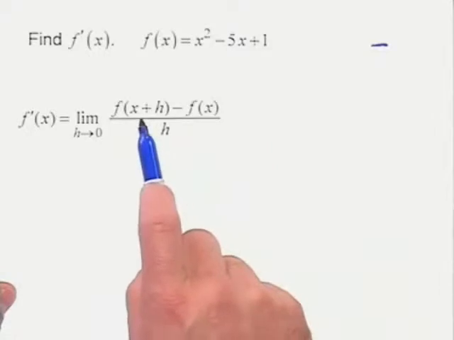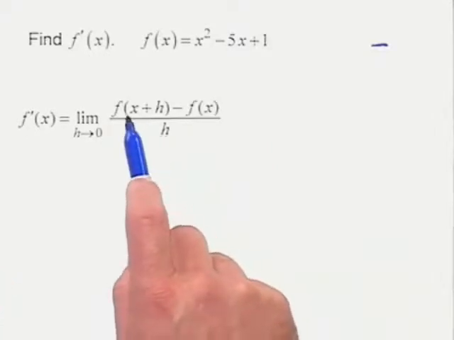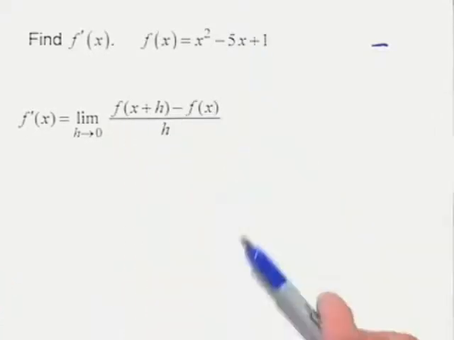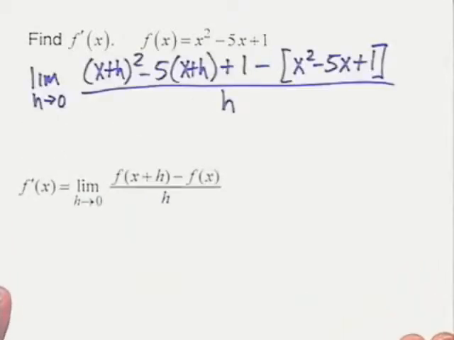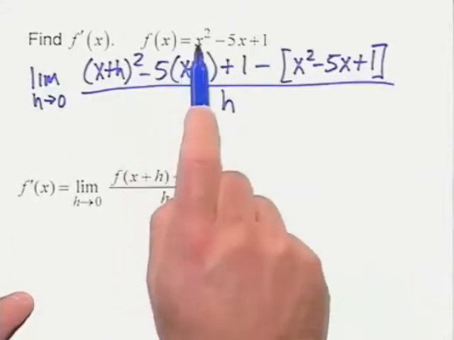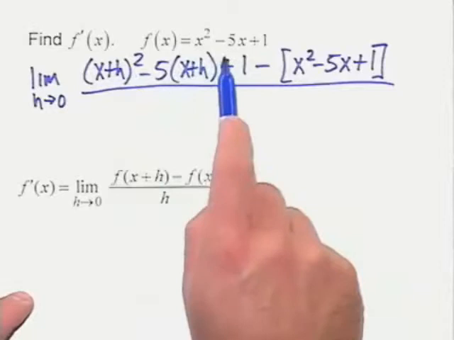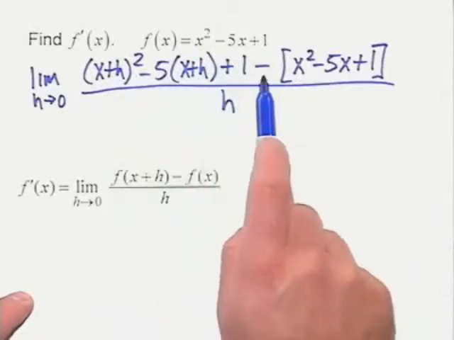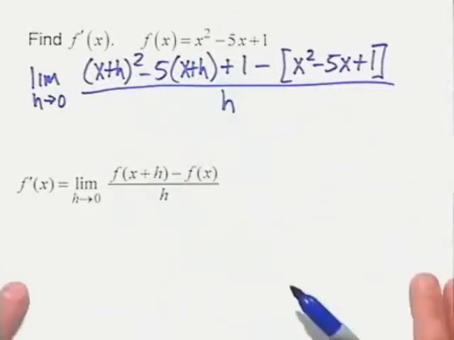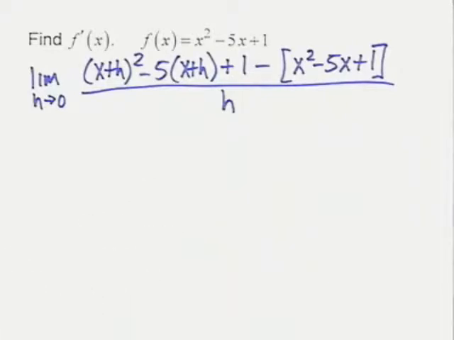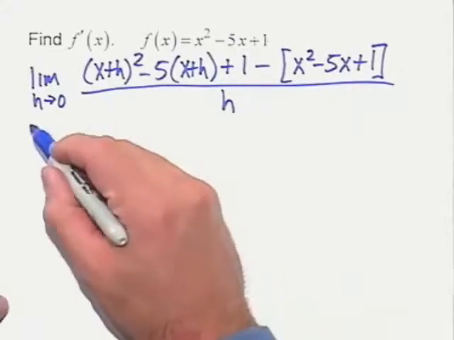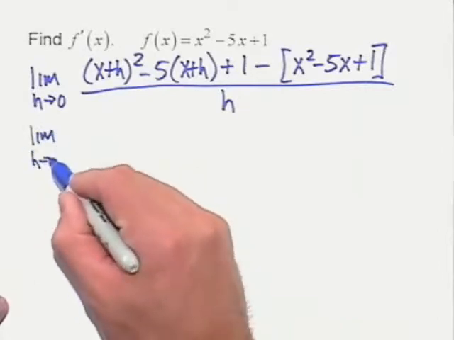All right, the first thing we need to do is evaluate our function at x plus h, and then from that we'll subtract the function itself. So that's what I've done here. You can see I've plugged in an x plus h wherever there's an x, and then minus the function itself, f of x. All right, so let's set to our task here of finding the limit of this particular function. It's a little bit messy, but we'll take the limit now as h approaches 0.